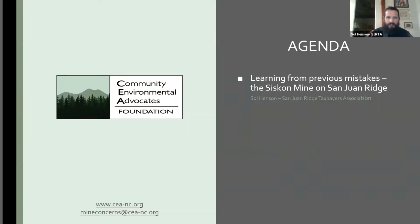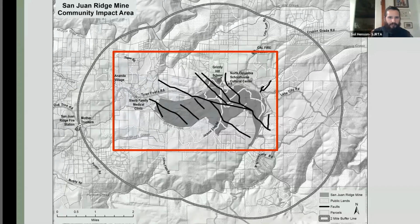Go ahead and go to the next slide. Right. So this is a map. It's similar to kind of what Gary showed for the Idaho-Maryland mine, but this is our own mine property out on the San Juan Ridge, and you can see the mine property is actually this kind of rhinoceros type shape that is in dark gray, and